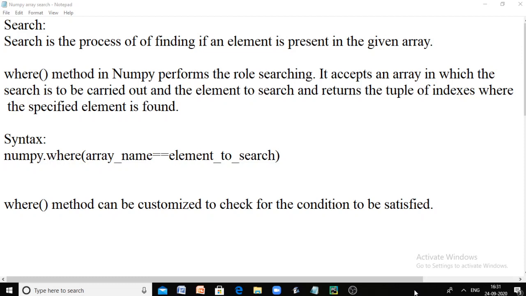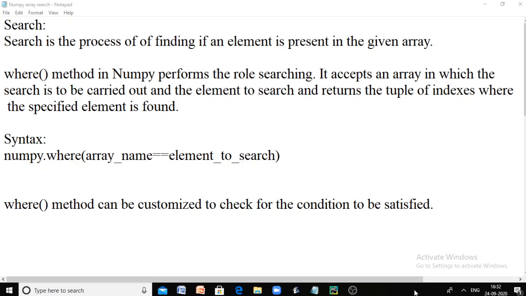Binary search is used if your array is already in sorted order. Then you can search for the given element by comparing it with the mid element of that array. Depending on whether the mid element is greater than or less than your search element, the array boundary or the array size will reduce to half in every round of the searching process.